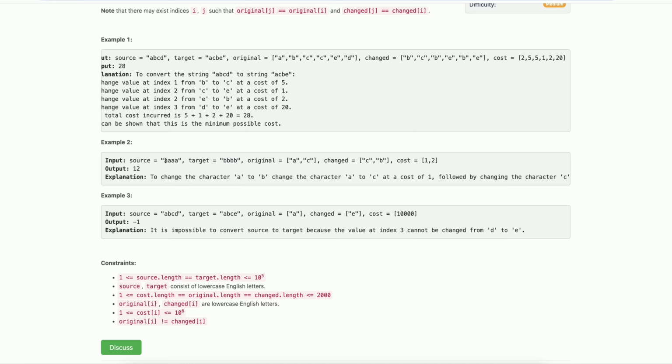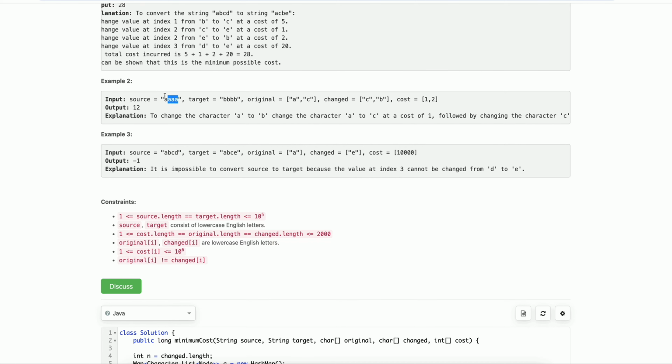Here we are changing character a to v, and the changing cost is, we can first change a to c and then c to v, and the total cost would be 3, right? To change character a to character v, the total cost would be 3. Then we would have to calculate that again and again if we don't memoize it. So that is why I am using memoization: if we have calculated the minimum cost from one character to another character, then just save that.